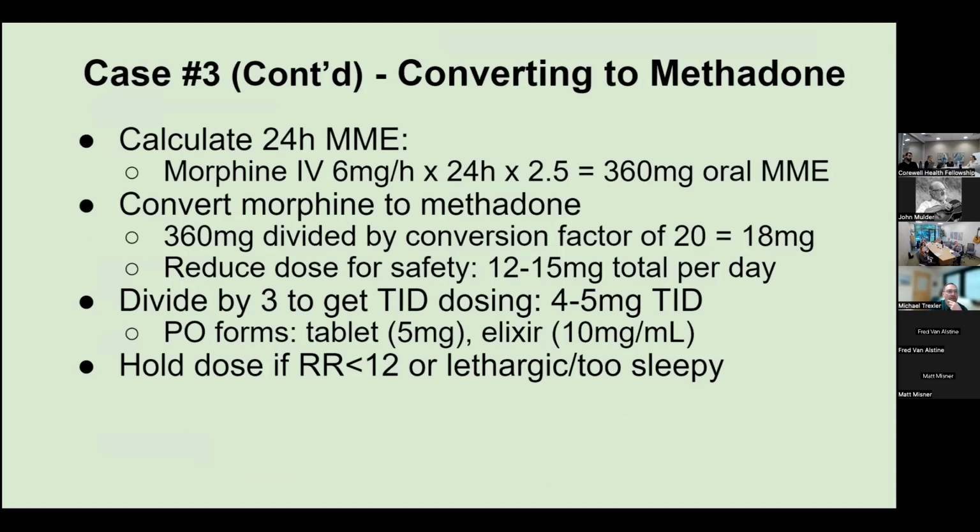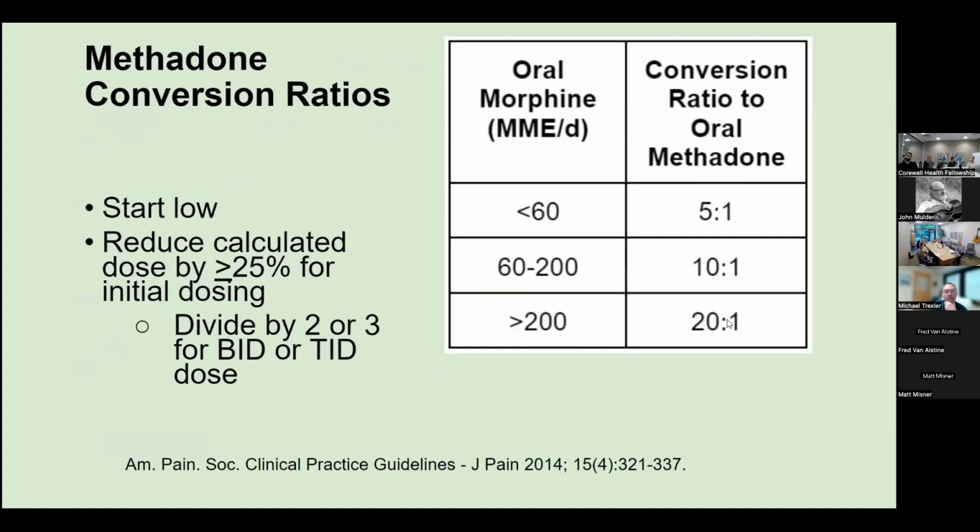So this gentleman was on morphine 6 milligrams per hour IV infusion over a 24-hour period. So 6 per hour times 24 times 2.5 to convert from IV to oral morphine. That gives you a total of 360 milligrams of oral MME. So now what you do is you take this number and you divide it by 20